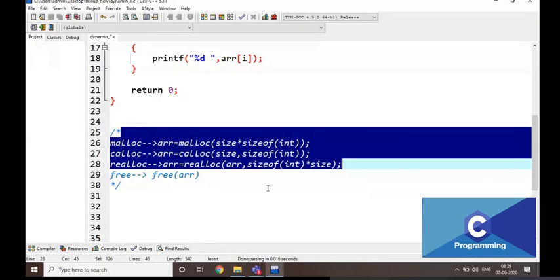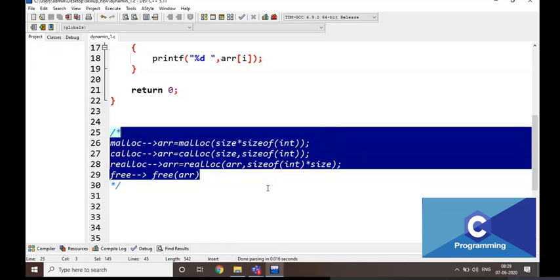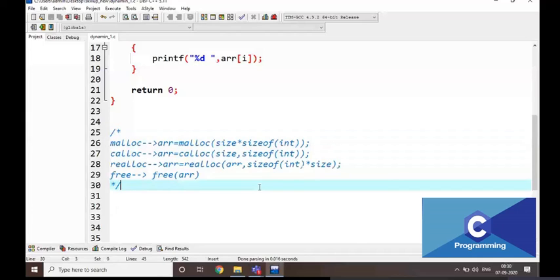Okay, these are the 4 syntax for the memory locations. Do you got it, everyone? Yes, the working is very same, 100%. It is going to be same as arrays only. The concept is nothing different here. Purely it is going to be same, but allocating the memory is the difference. There it is a static one, here it is a dynamic one. That's it. Okay, note down all the 4 syntaxes here.